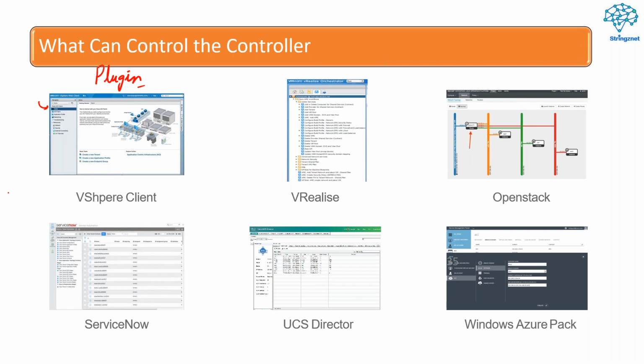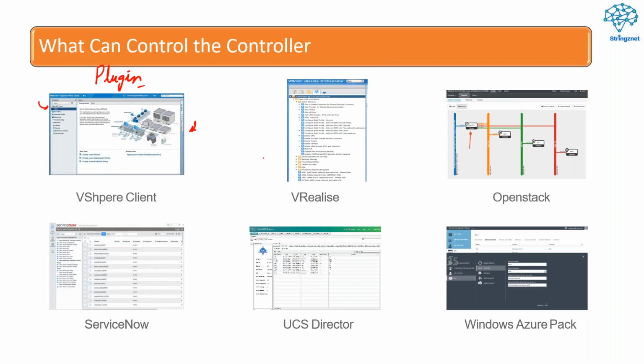The configuration which you do from the APIC controller, you can also do from the VMware vCenter server. How? By adding certain plugins. There are plugins in VMware vCenter server for the purpose of Hyperflex also. So we will be learning to use those plugins.